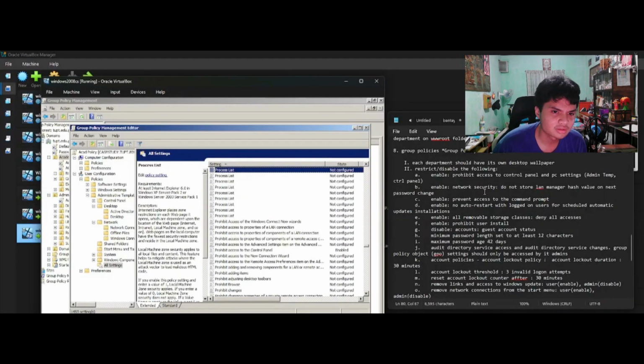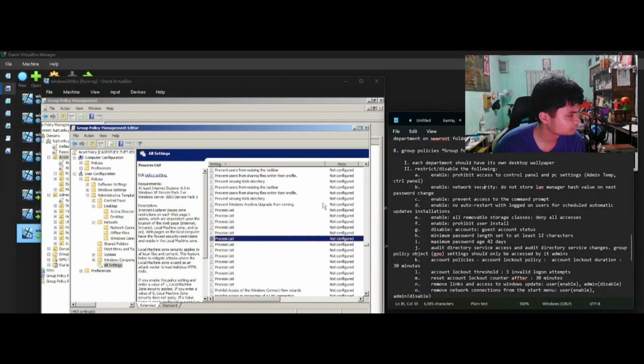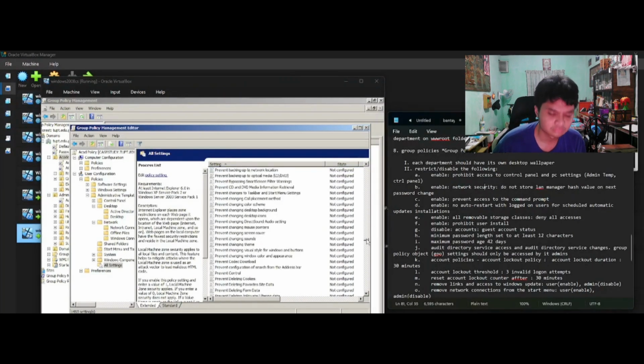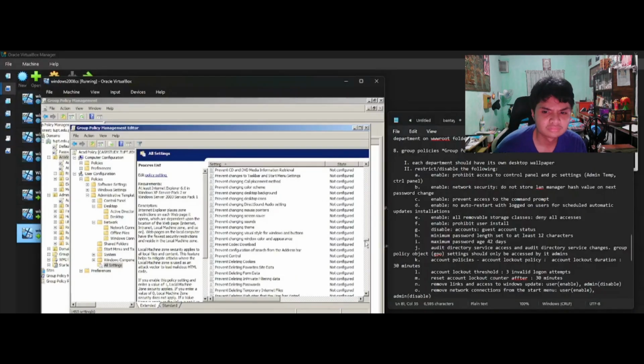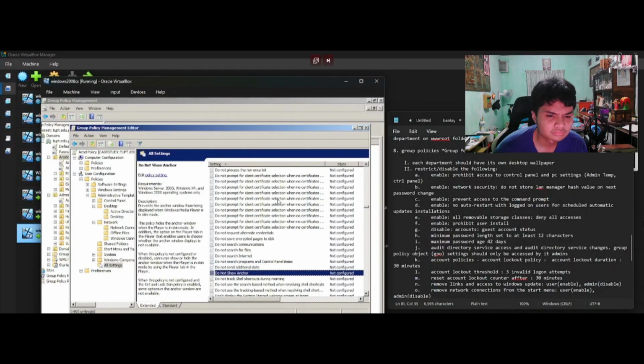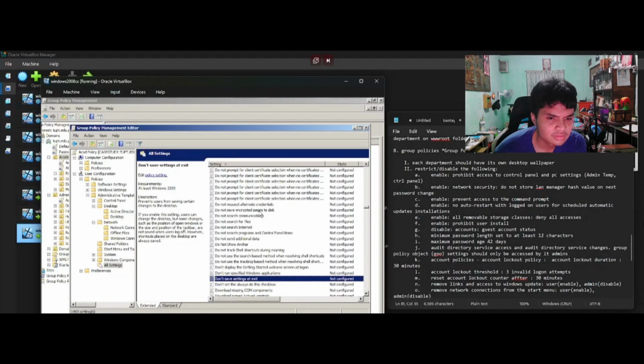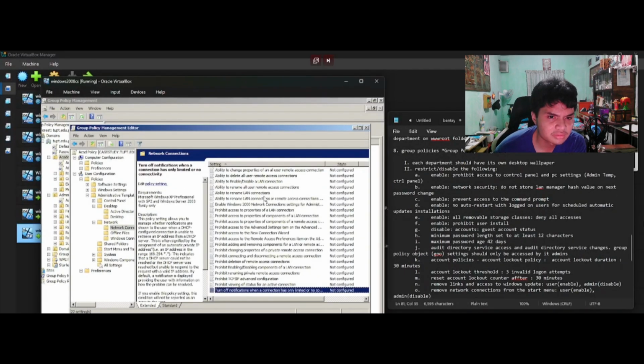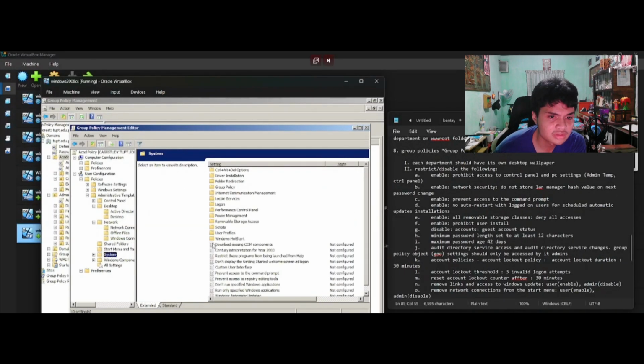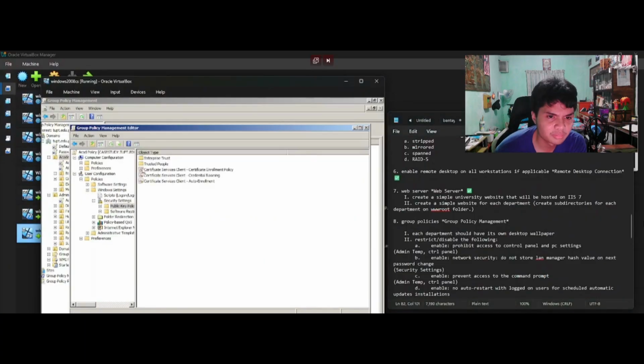We'll change it to network security. Network security. We need to turn off applications. Enable this per department.